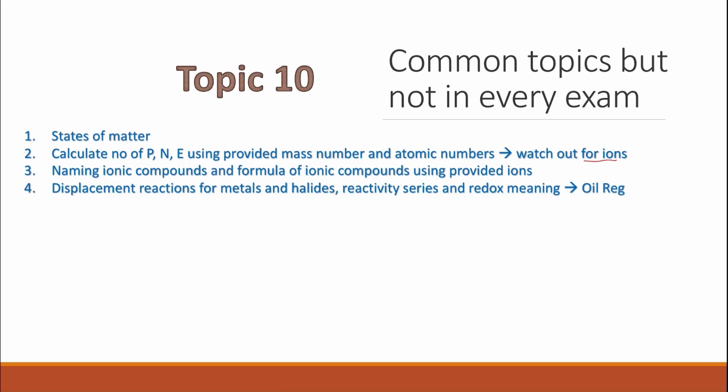So remember, OIL RIG, meaning oxidation is loss of electrons and reduction is gain of electrons. Alkali metal reactions and the rate of their reactions. So alkali metals, which are group one metals. Again, this is not one of the very long questions. So this is one of the small topics that you might find just one small question in the exam related to it, or they might provide you with an experiment and ask you to deduce which one is more reactive